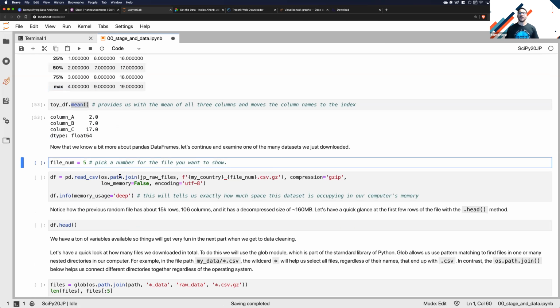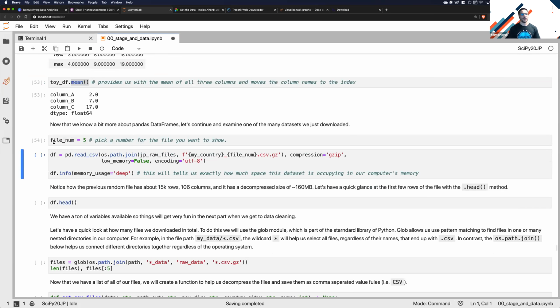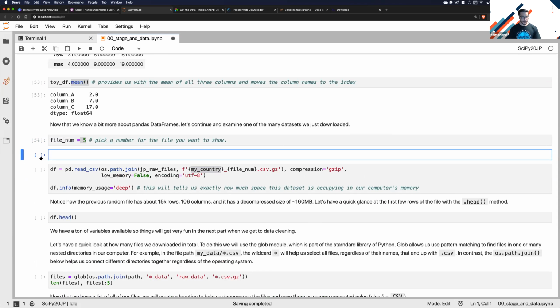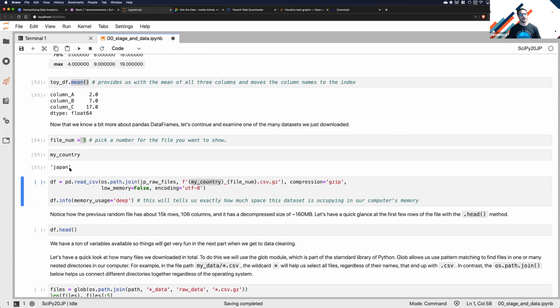So now, let's evaluate the files that we just got. First, we're gonna pick a random number. We're gonna pick 5. And then that file number, we're putting it here so that we can iterate over it fast and as many times as we want. And then we're gonna say, for my country, which I believe is Japan in this case, let's add a new cell here. Yes, so for Japan, I want you to pick the file number 5 that ends with